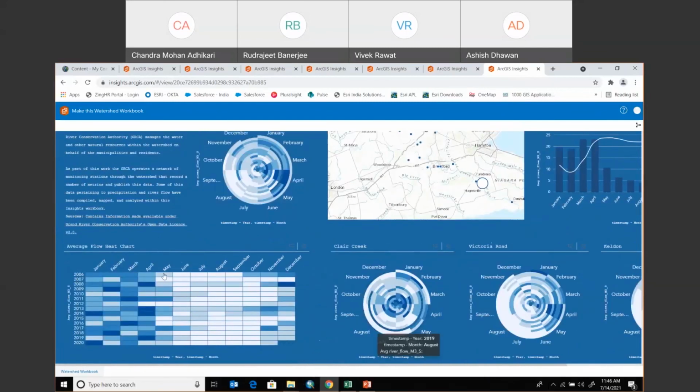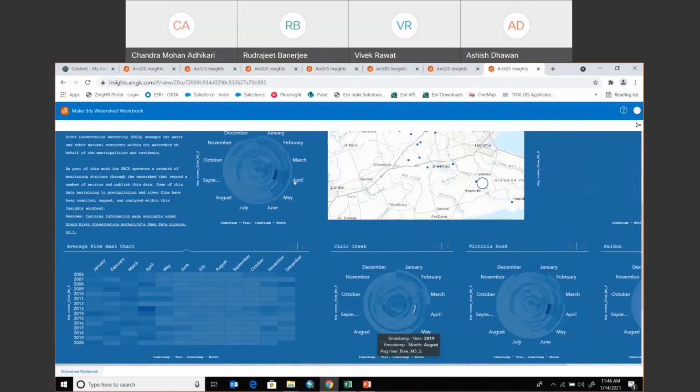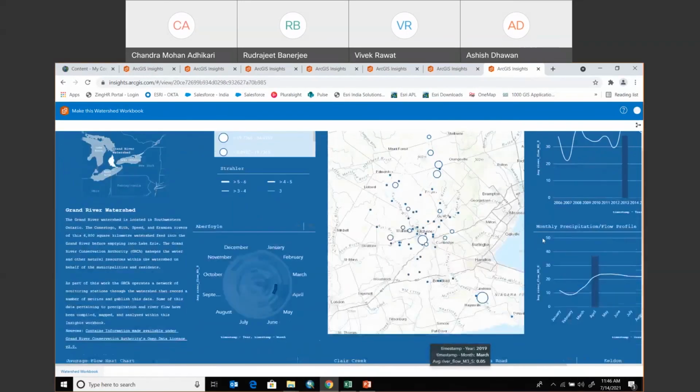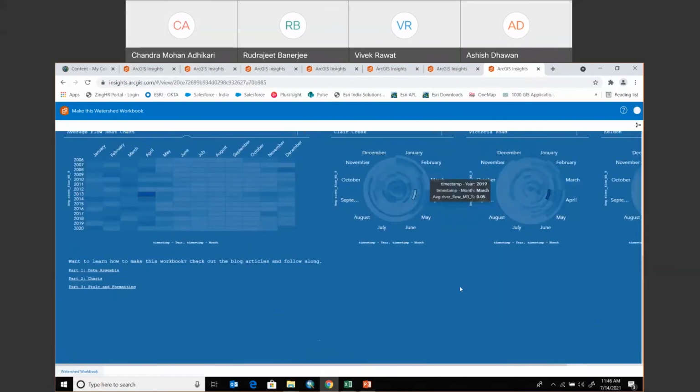And if you see this heat chart or the binning diagram, you can easily make it out with the color itself, like these are the durations when the average flow of the water was on the higher side. Suppose I click over here on April 2013, it's going to change for all four zones, and we can check that this is the precipitation value for that time period, and this is the flow which has happened, and we can see those in the graph and in the map as well. So this is how, and there are many other analyses which we can perform directly using the tools or the charts available in Insights for ArcGIS.